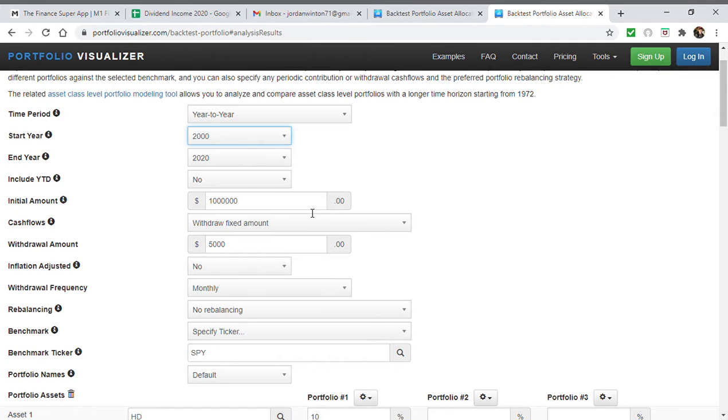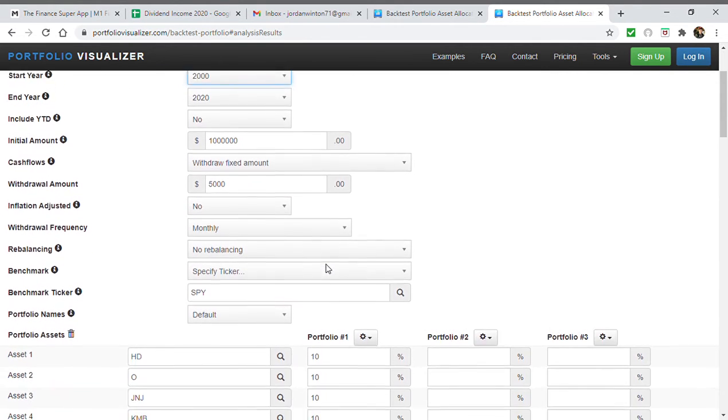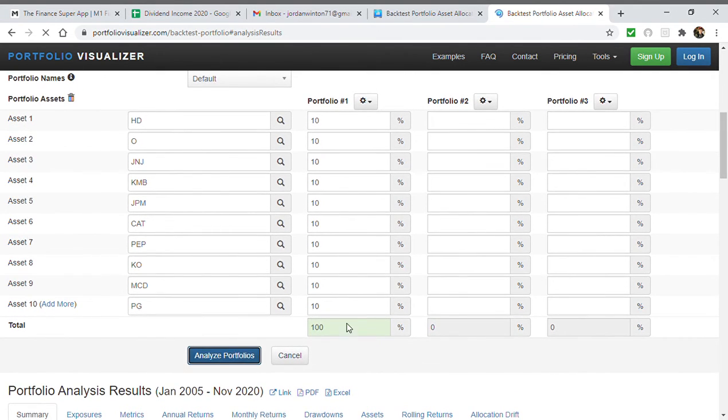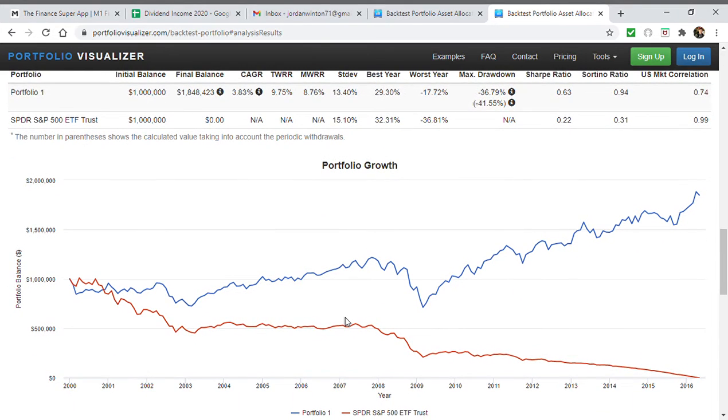If you started investing $1 million even and withdrew $5,000 every single month like clockwork, and you had two portfolios, one investing in the dividend stocks that I recommended and the other one investing in the S&P, the dividend stocks would be doing great. The dividend stocks would be in the millions of dollars. They would get right through the dot-com crash.